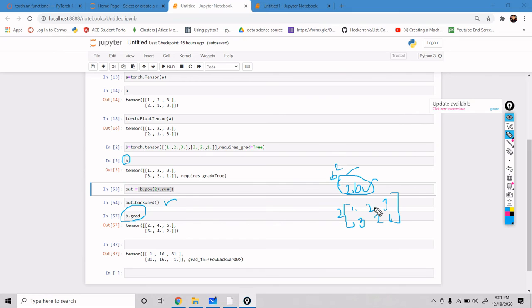These are floating point numbers. After multiplying, we will get 2, 4, 6, 6, 4, and the last is 2. This will be our answer for the derivative after multiplying by our equation.